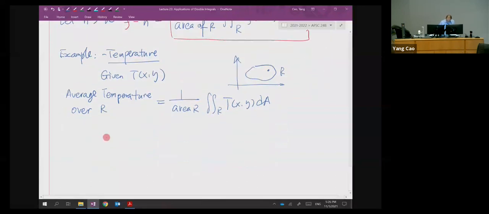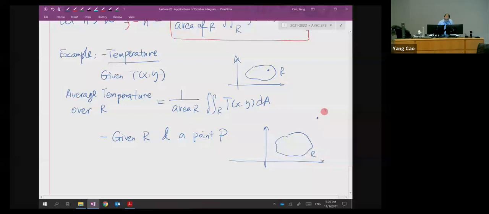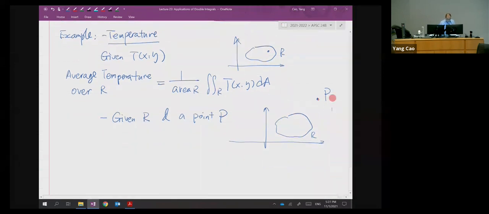So another application, another example is this. Let's say you've got a region R and a point P. So here's region R, here's a point P. The point P is given, maybe 2, 3, or 4, 5. So basically the coordinates of the point P are given. Then a question can be,